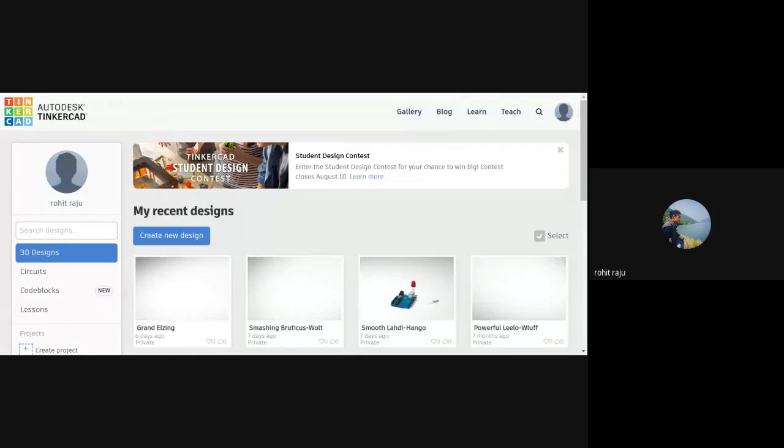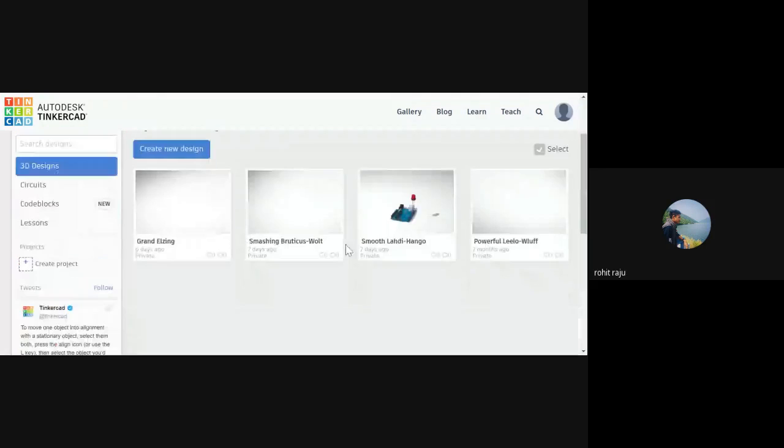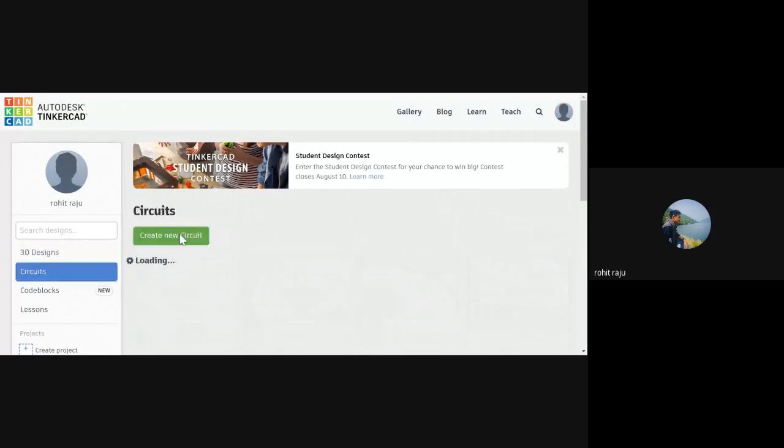So welcome back to another practical session. Today we'll be putting these circuits to the test, the switch case and the photoresistor. So let's start with the circuit of the switch case statement. I hope you are following me simultaneously on your laptops or PCs. So let's create a new circuit design.